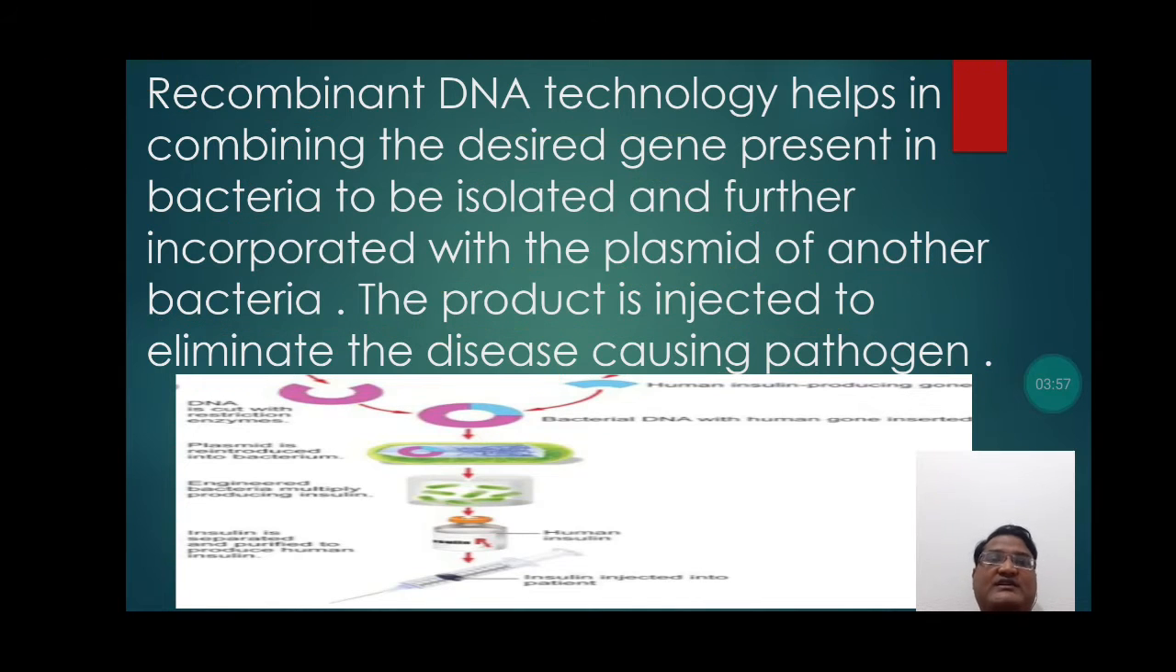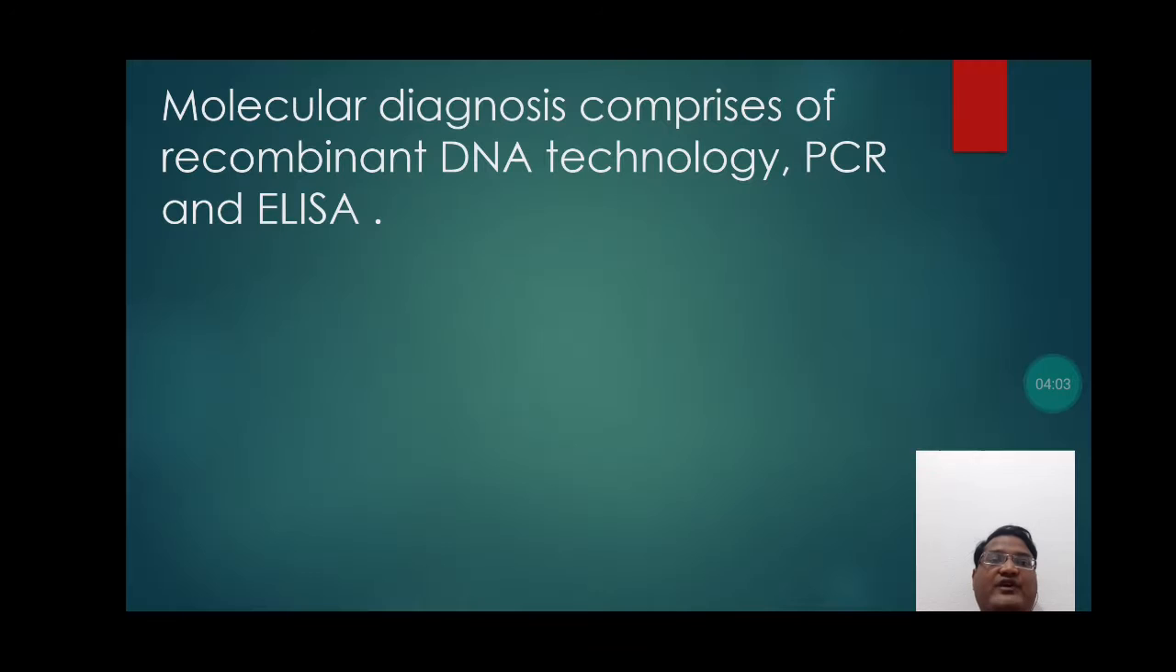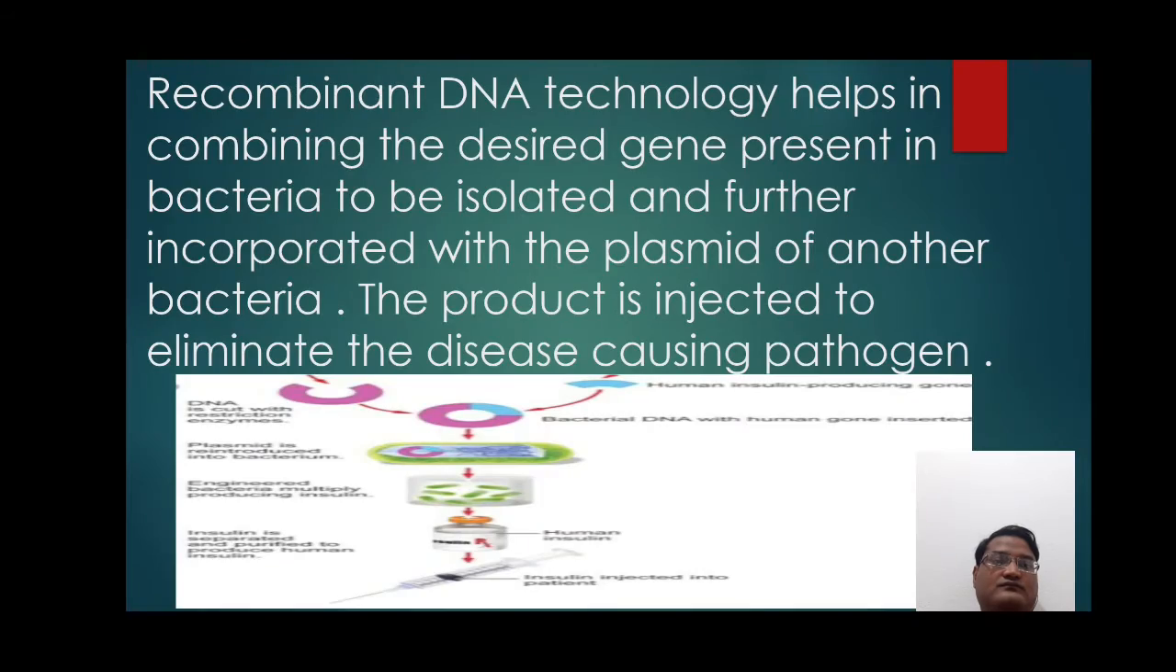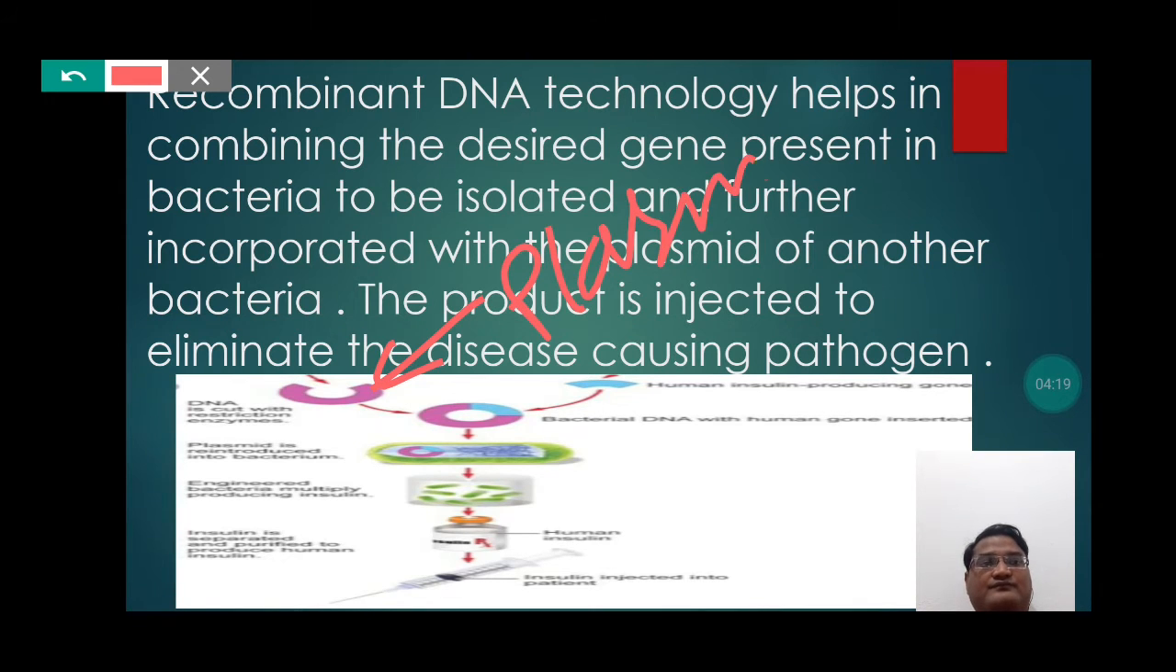We can understand the concept of recombinant DNA technology with the help of this picture, where you can notice the presence of plasmid. This is the plasmid, students, and the specific gene which produces the specific type of features. So students, this gene is further introduced in the plasmid, and this